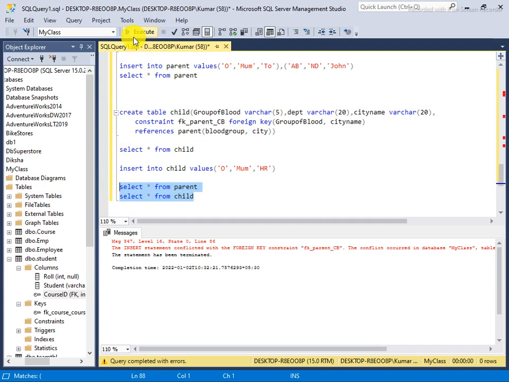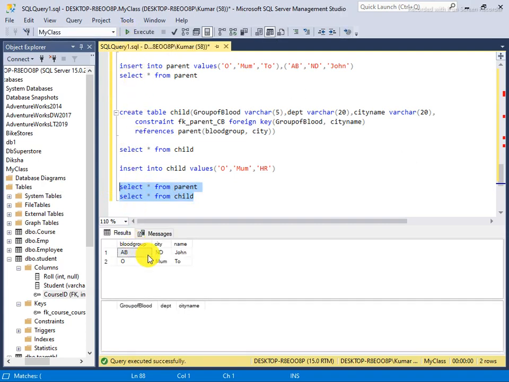It's not about the first column or second column, it's about the name of the column. So I am saying that O must be the blood group. Oh sorry, city name is later. Yeah, got it. Department is the second, you are right. Okay, so O and Mumbai is here, so it will accept, and you will see that the entry has been successfully inserted.